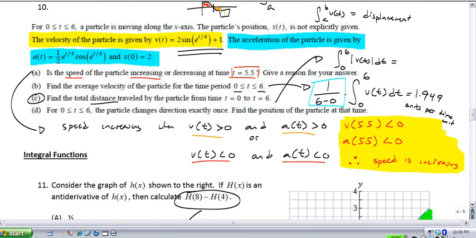So you go F3, integrate. Now you have to put absolute value in here. So on my calculator, I see integrate, parenthesis, and I'm going to go to the catalog and search for ABS. So it goes ABS, parenthesis. I'll type in my v of t, I'll put my parenthesis, and I'll put comma x, comma 0, comma 6. So when I do that,